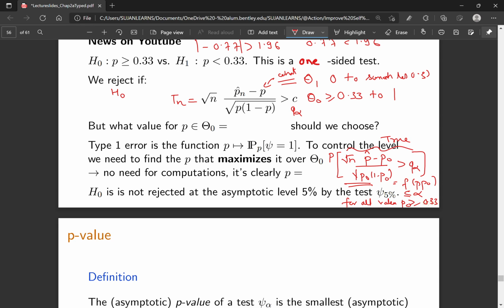What value should it be? Anybody reasonable will guess that it's 0.33. If it's true for 0.33, then it is true for all the values greater than 0.33. It is a baseline value. And if that is true, then everything above is also true. So therefore,